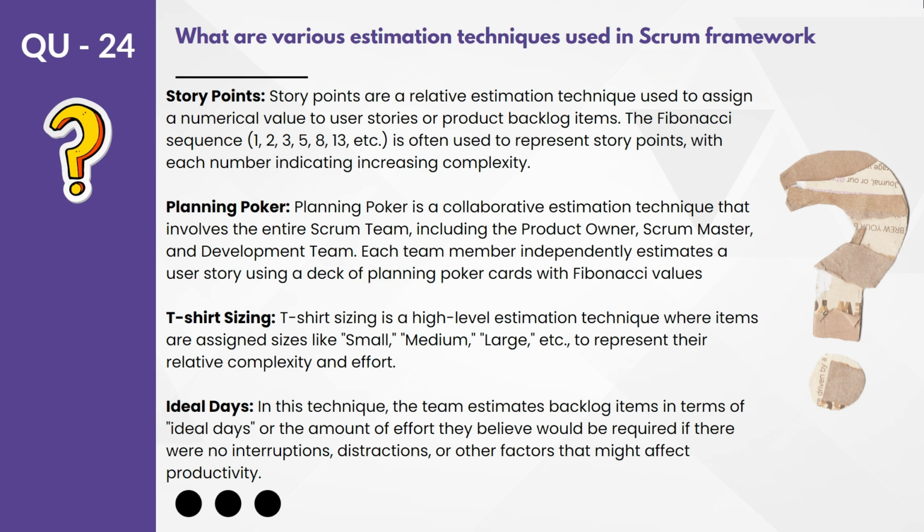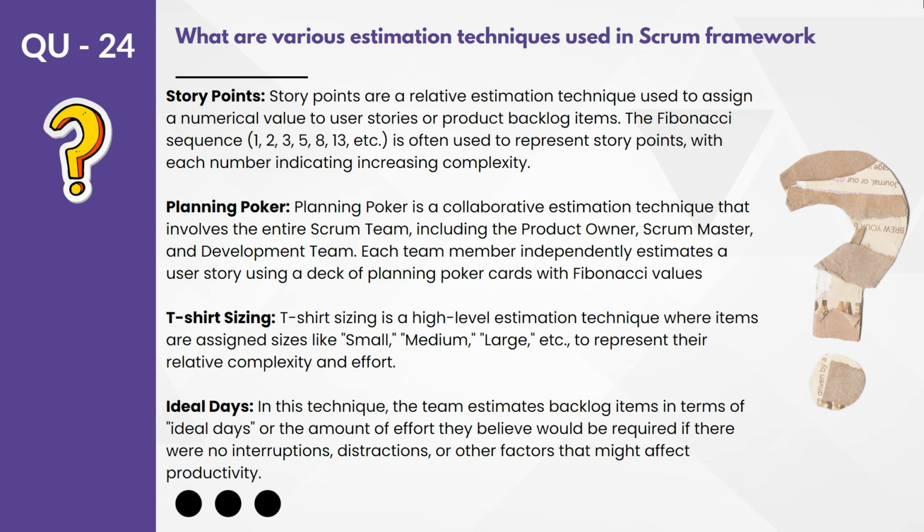So if there are 5 developers and we are talking about one user story, we will first discuss the user story, and the 5 empty cards will be given to all 5 people from the team. Based on their understanding, they will write what the story point should be for that particular user story. Someone says 2, someone says 1, 3, something like that. When everyone writes and submits their card, then all the cards will be opened at once and we see what number was given.